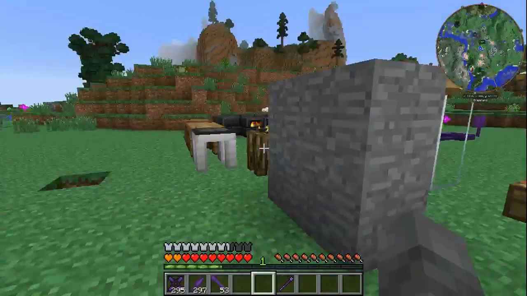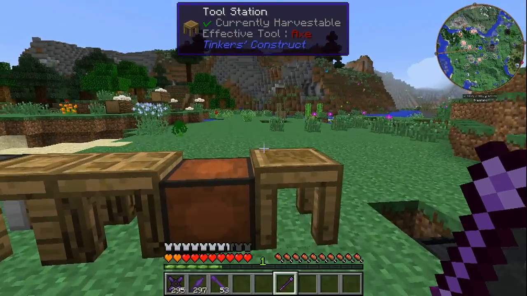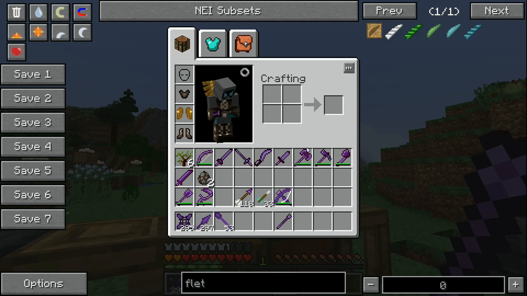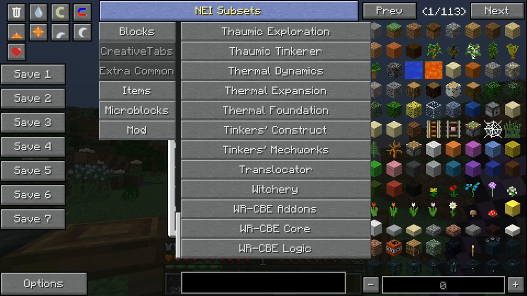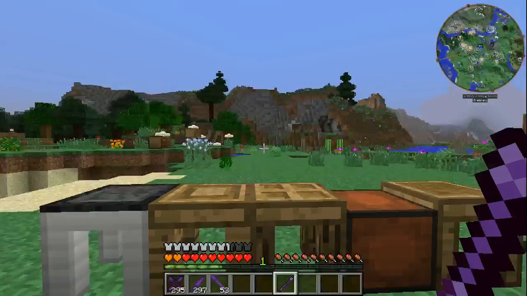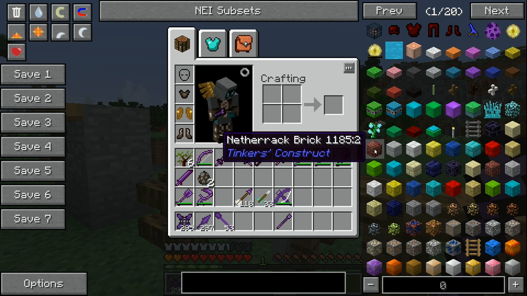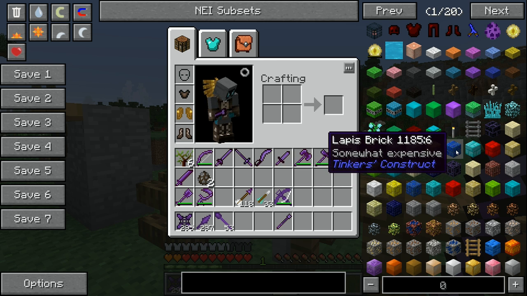Alright, next is another thing that you can make. It's not as much a tool or a melee weapon as it is a utility thing. So it's a chisel. A chisel is pretty cool for Tinkers. So let's go back into Tinkers. You can see that there's all these fancy blocks here. Like you can see bricks and lapis bricks, diamond bricks, and all these are made using the